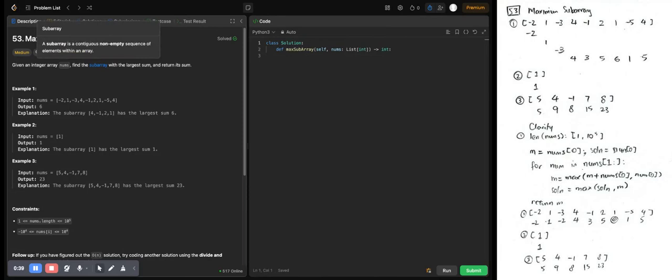Alright, so example 1, we have -2, 1, -3, 4, -1, 2, 1, -5, 4. So I think we can do it this way. If we look at just the first one, then we take -2, then we see 1, then we take 1, then we see -3, then we see 4, then we have -1. I think when we see -1, we take the previous value, then we have 3, then we see 2, we add it up, we see 1, we add it up,